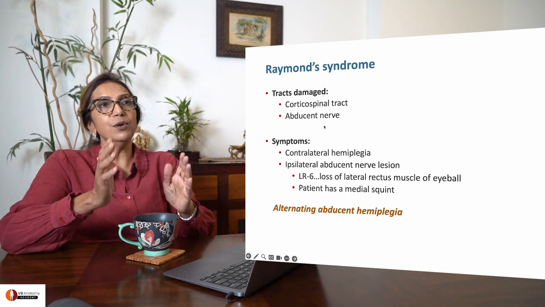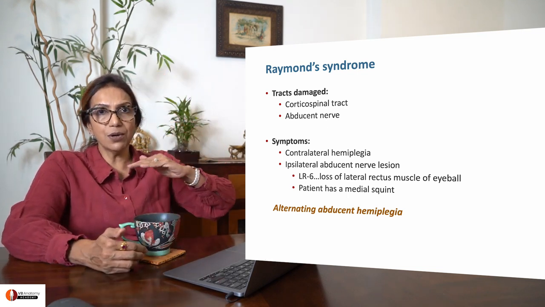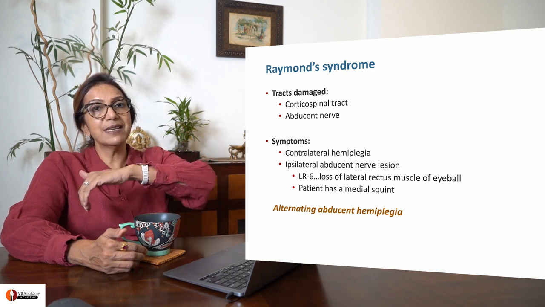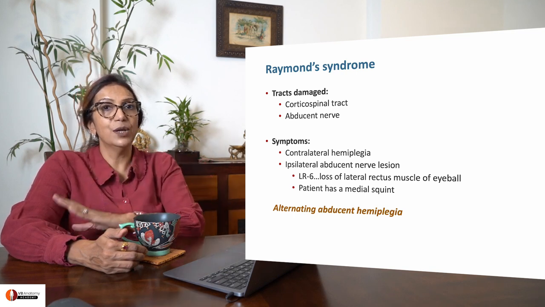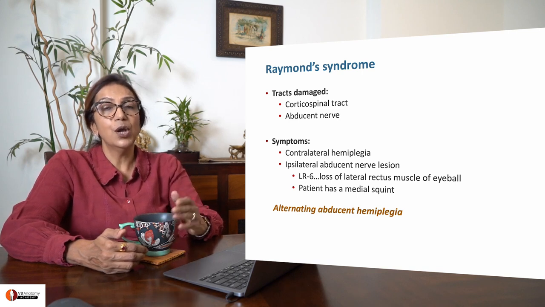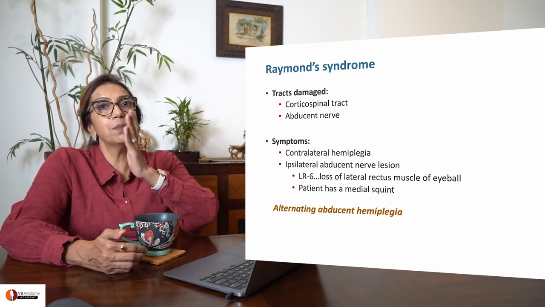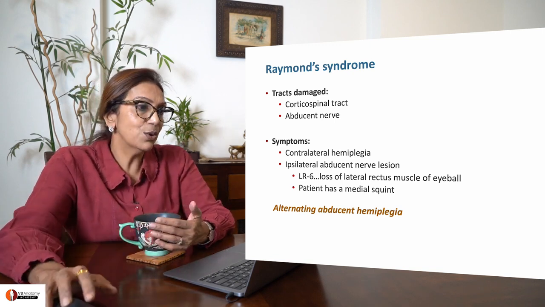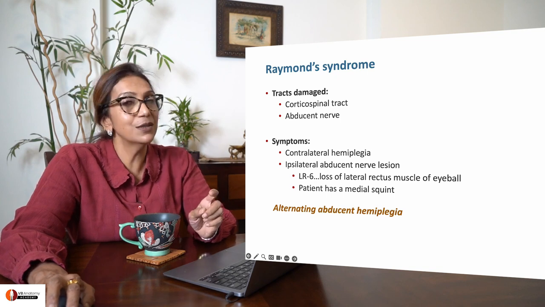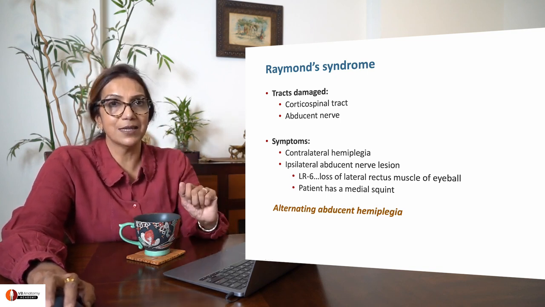So, when corticospinal tract is affected, these tracts are descending down, crossing at the level of motor decussation in medulla oblongata and descending down on the opposite side. So, symptoms you will see will be contralateral hemiplegia. Opposite side of the body is showing weakness or paralysis, right? So, contralateral hemiplegia. But has the abducens nerve crossed? No. So, the abducens nerve lesion will be on the same side.